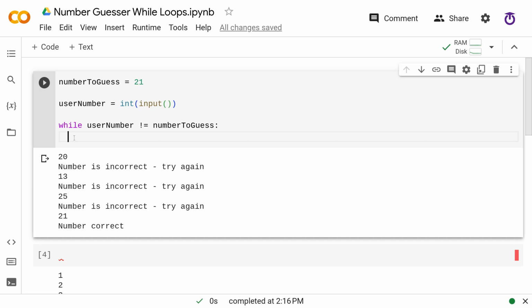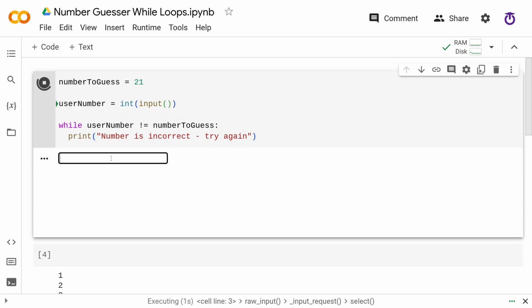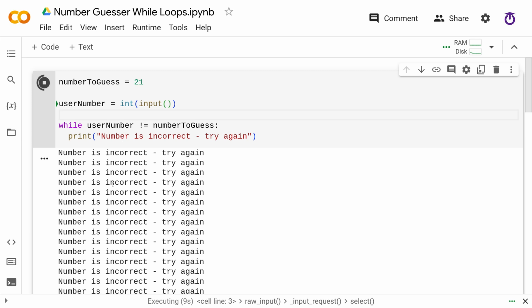The next thing that I want to do is print "number is incorrect. Try again." Okay, so let's just see what happens there. If I enter 20, which isn't correct because we're looking for 21, what it's actually done here is